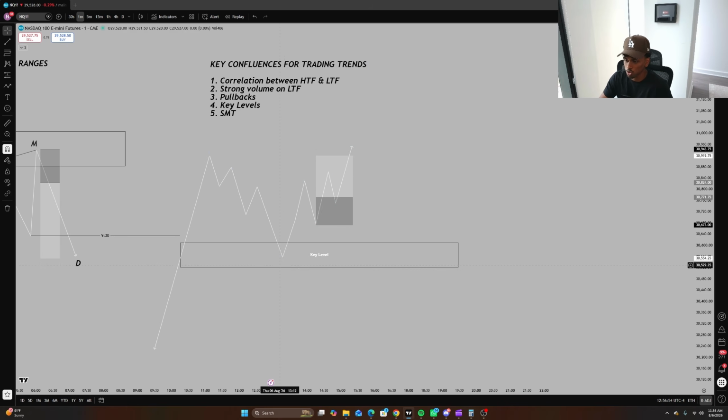So if we have strong displacement candles on the lower time frame and we get a pullback, once again, it can be within discount of a range. We can tap into, let's say, equilibrium of this leg. Again, added confluence is perfect. That's ideally what you want to be looking for. But if the volume is very strong, you don't always need to look for a retracement into a discount of a leg, right? As long as you're seeing a pullback and you're seeing invalidation of the mini bearish structure,